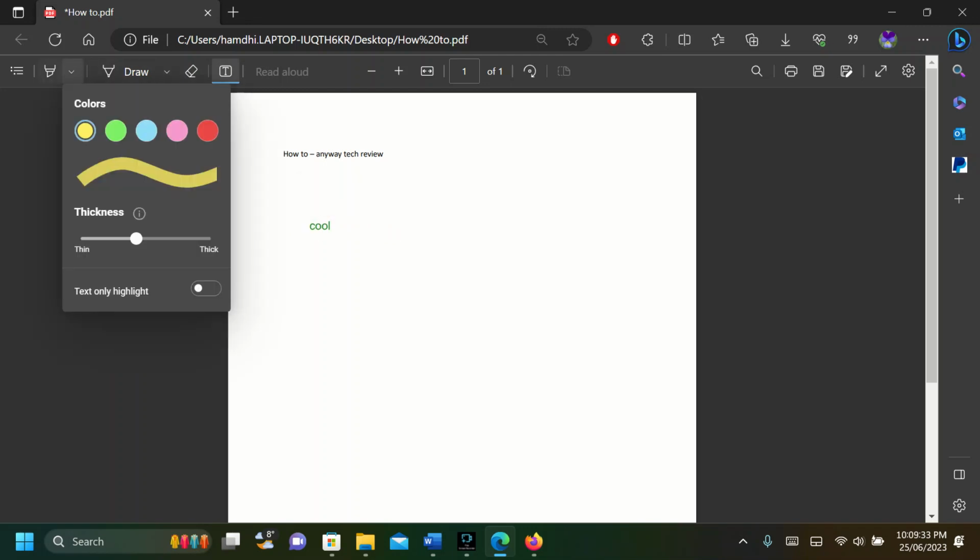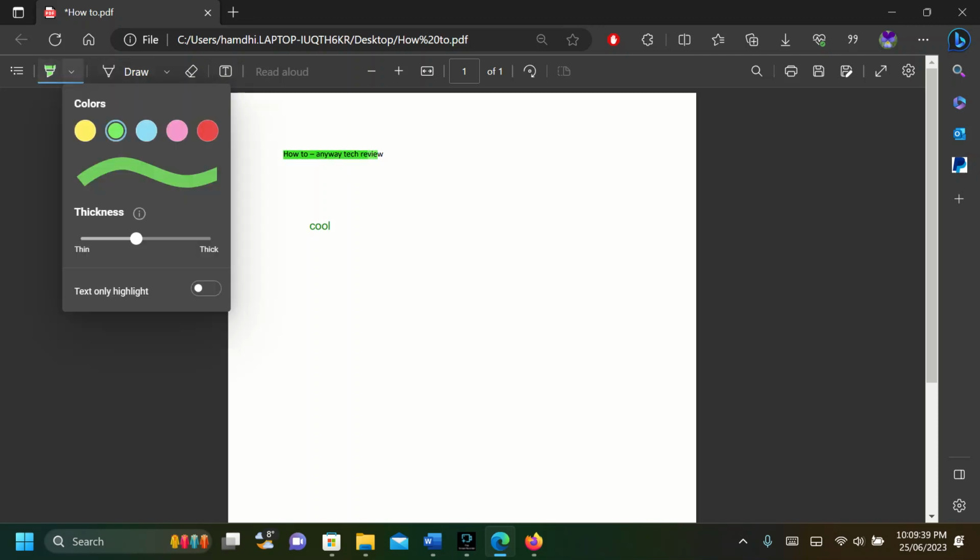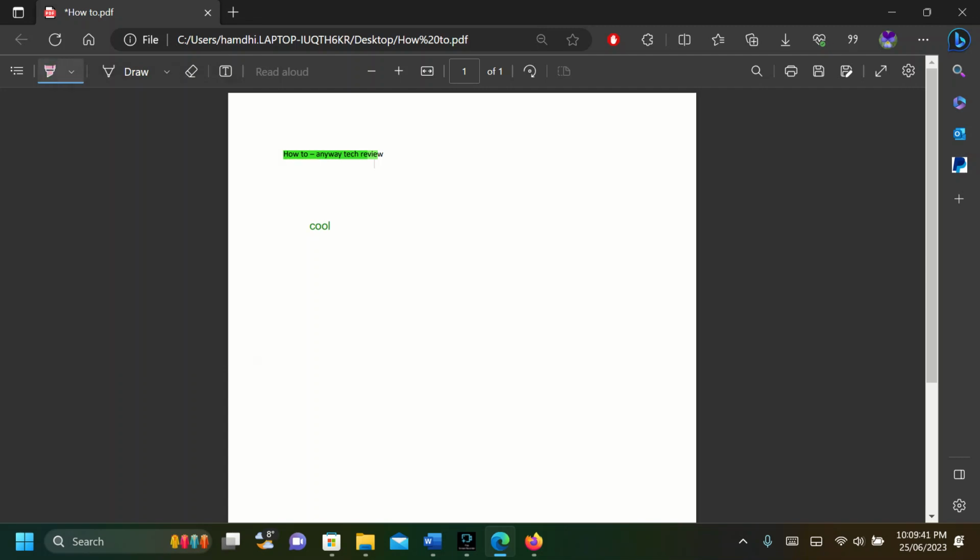You can choose how you want to highlight it. In this case, you can do like this. And okay, you can put double highlights, so you can just change the color and put double highlights. See, this is really cool. You can do whatever you like. So this is the main video that talks about the features and facilities of the Microsoft Edge PDF reader and the Mozilla Firefox